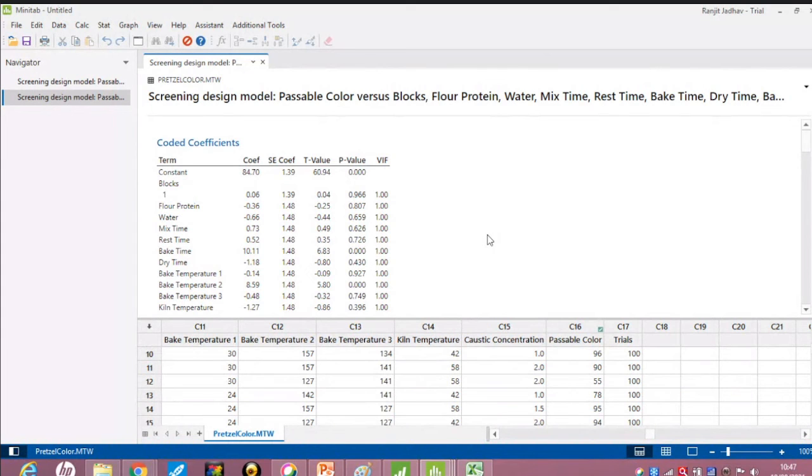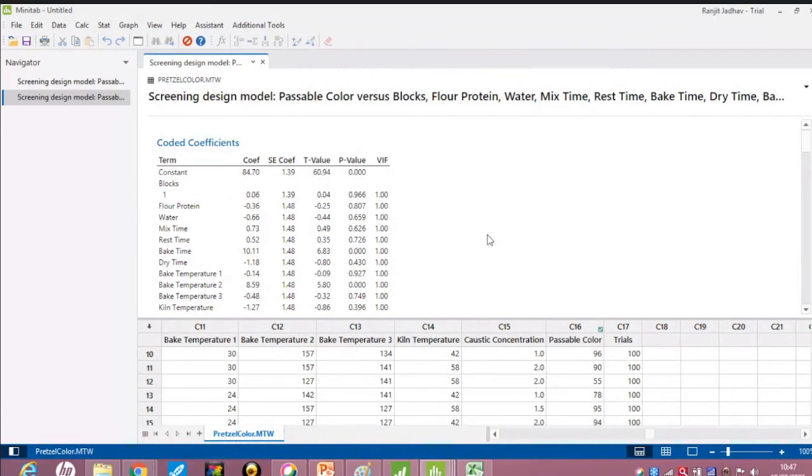Suppose we have 6 or 7 factors, and we want to analyze these 7 factors. Again, it is not possible to complete this experiment in, suppose, 1 day, so we are doing this experiment in 2 days. So a day will be another factor, if you want to analyze the effect of day. So instead of 7, these factors will be 8.